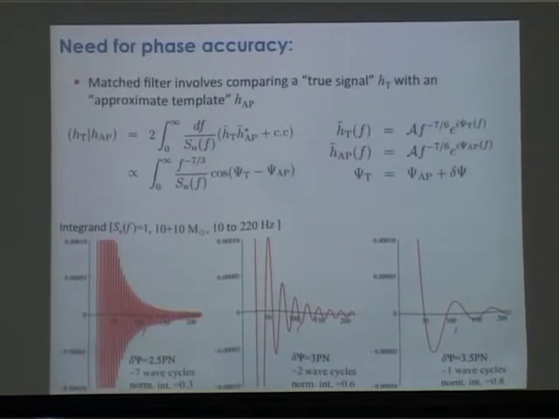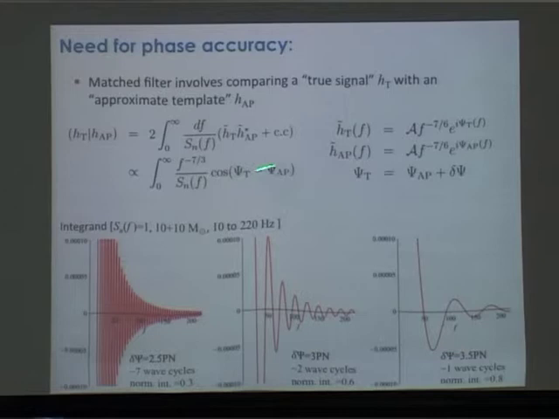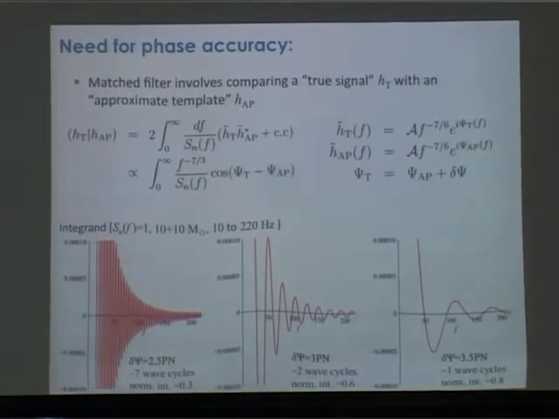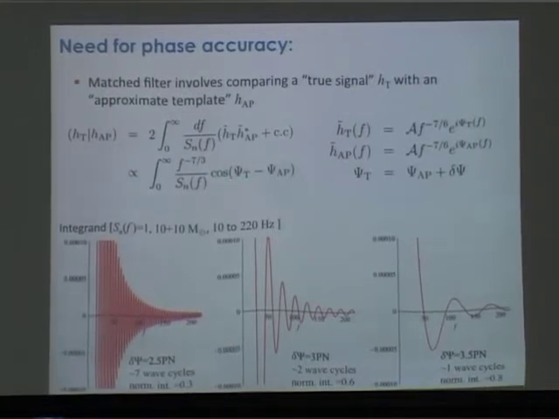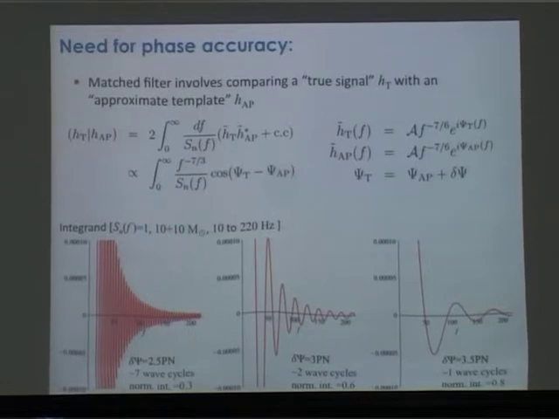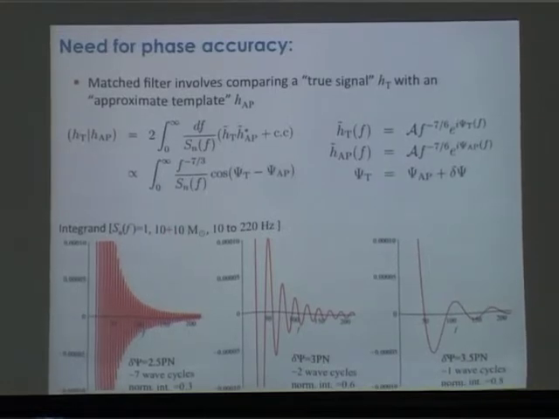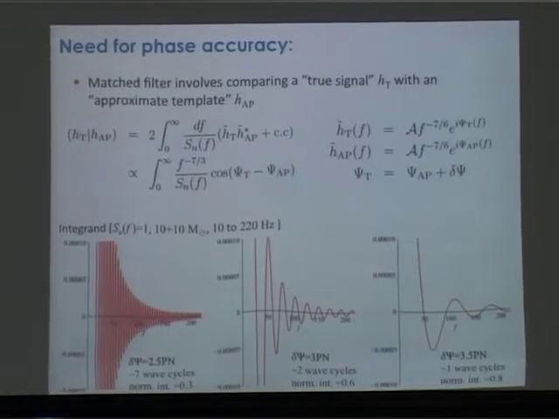Essentially, this mismatch between the template and the true signal is imposing some oscillation on the overall amplitude, which is just the f to the minus 7/3, plotted here. So when this mismatch is very big, I get very many oscillations over the time period in which my binaries are in the LIGO band, and you can tell by eye that if I try to do this integral, it's going to be very nearly 0, right?